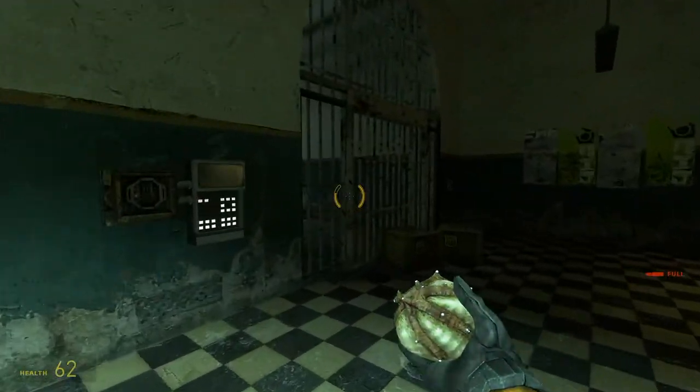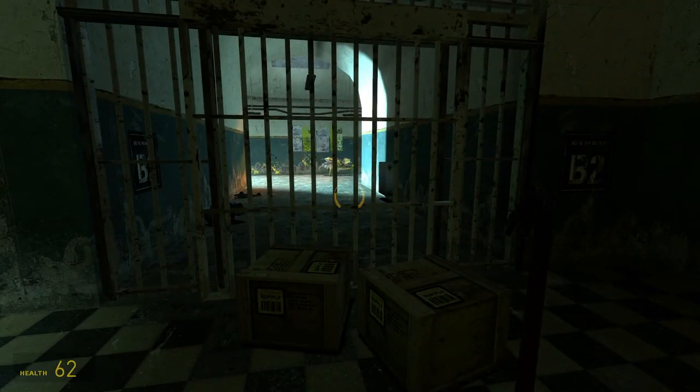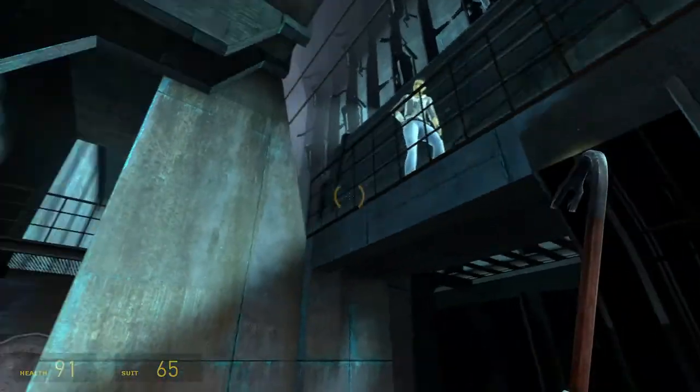We continue to use the antlions as allies. We can tell them to attack enemies. We can sacrifice them to defuse traps. But eventually, Valve runs out of new ways to use them, so they disappear from the level, and are replaced